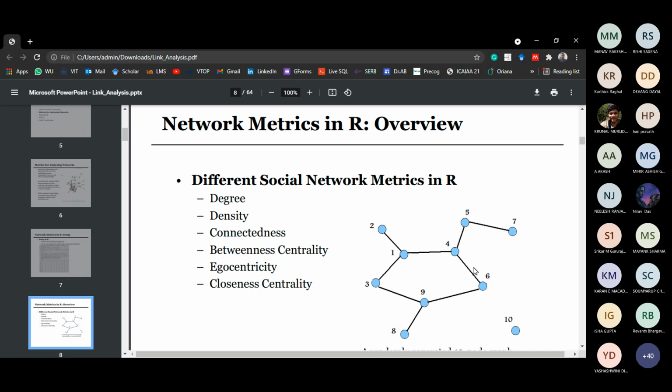And then hubs and authorities. That concept you should know. Kindly recall those concepts. And then the HITS algorithm. The hub and authority score updation is nothing but the HITS algorithm. And then we have seen the page ranking algorithm. In the previous classes, we have seen, given a network, which node has the highest page rank. So these are all the concepts that we have seen so far.